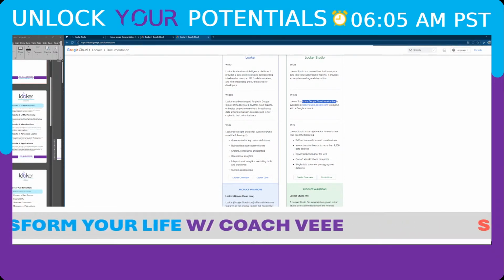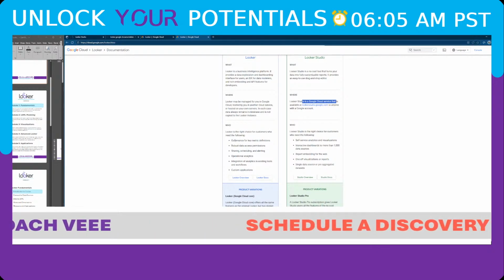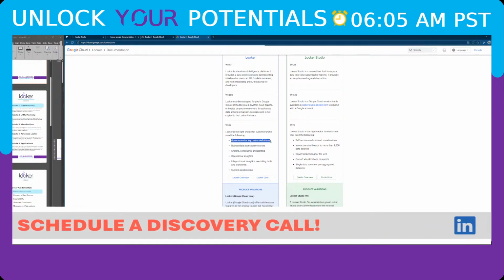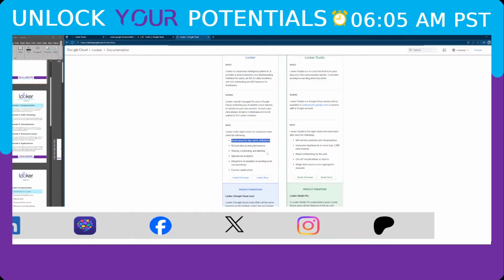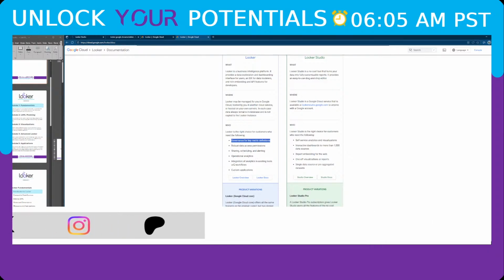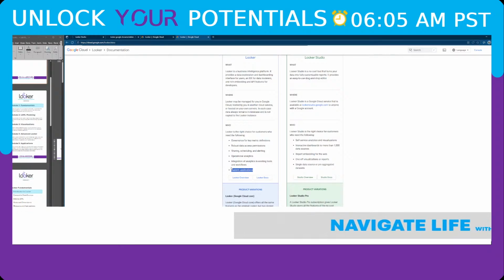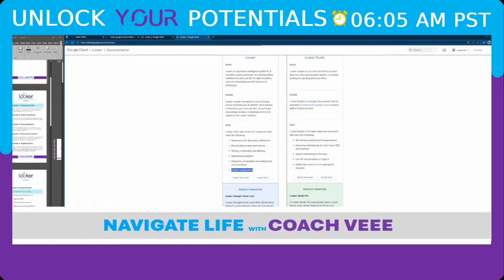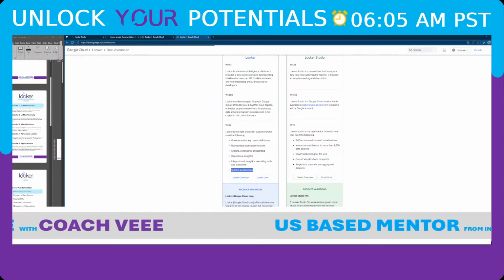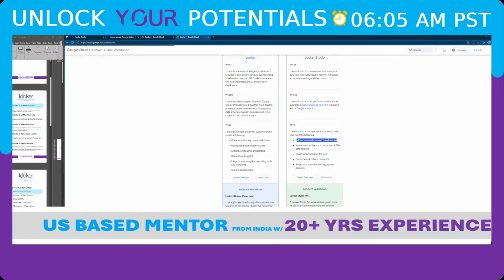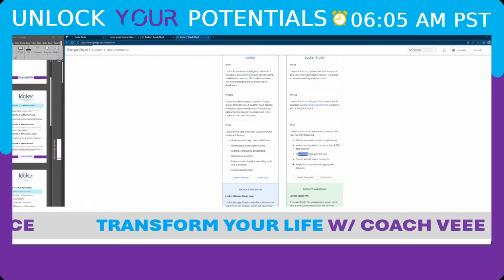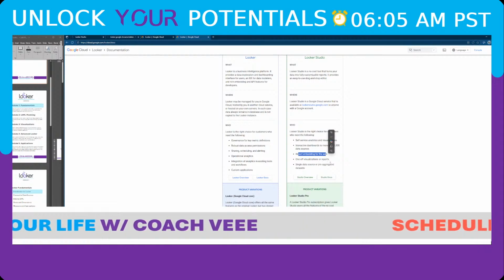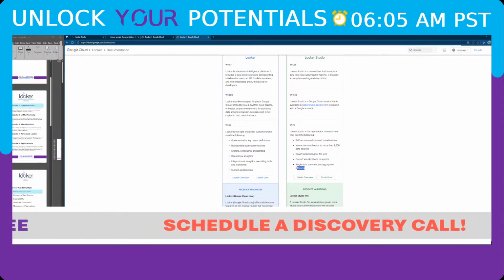Looker is the right choice for customers who need the following: governance for key metric definitions, robust data access permissions, sharing, scheduling, alerting, operational analytics, integration of analytics in existing tools and workflows, custom applications you can build. Looker Studio, on the other hand, is the right choice for customers who need self-service analytics and visualizations, interactive dashboards for more than 1,000 data sources, report embedding on the web, one-off visualization or reports, single data source, pre-aggregated data